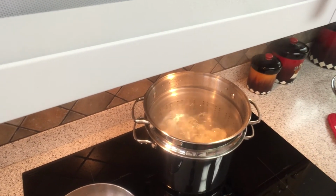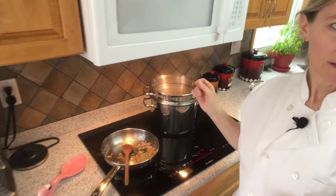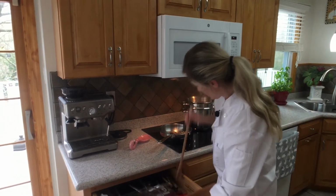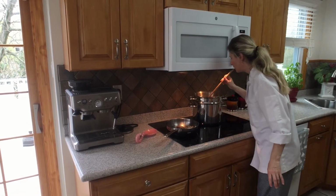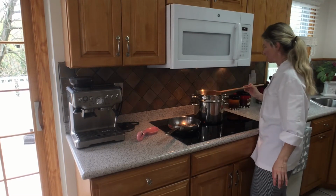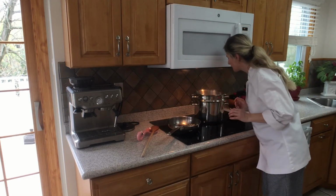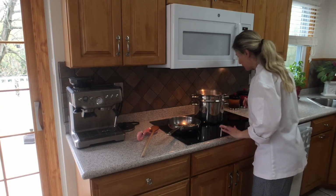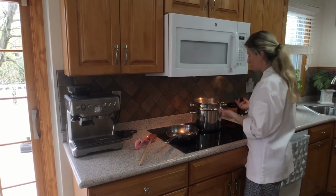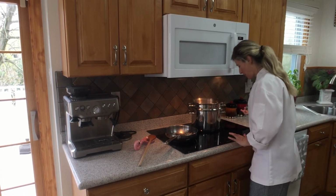After you drop a few, I suggest you grab a wooden spoon and make sure they are not sticking to the bottom of the pot. Oh, they are floating nicely. Okay, so now we have to wait until they start boiling again, and once they come up, after 2-3 minutes, boil them for another 2 minutes and they are ready. Let me lower the...